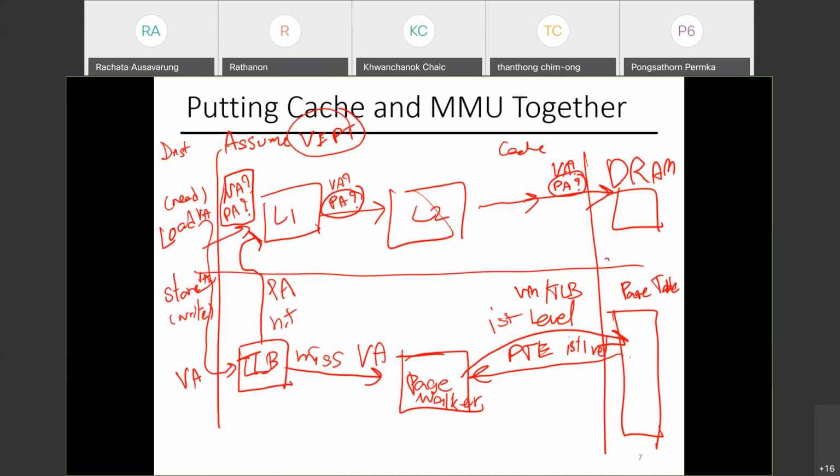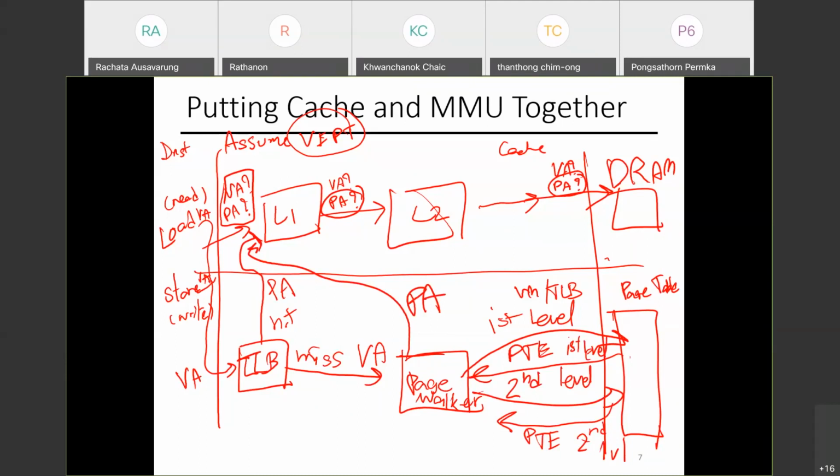You then walk again for the second level. You get the PTE, page table entry, of the second level. Once everything here is done, that's when you get the physical address back to your